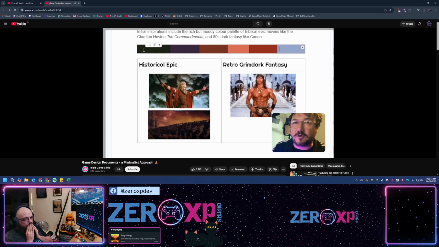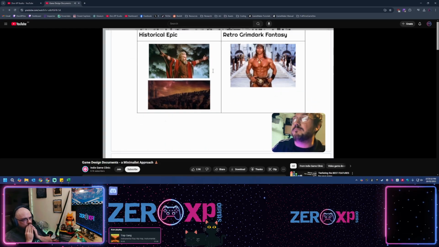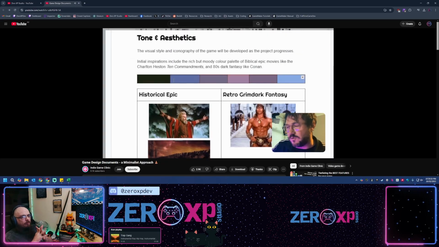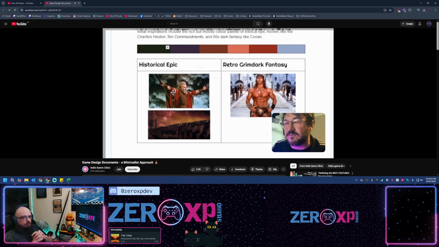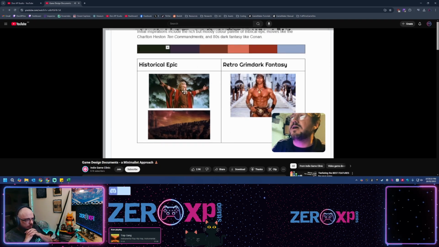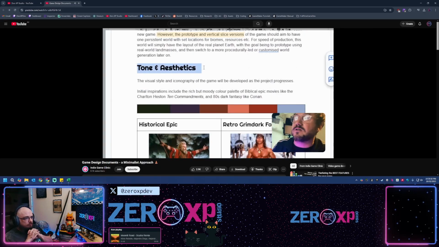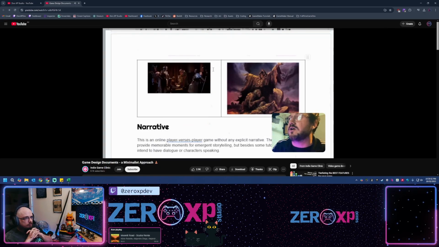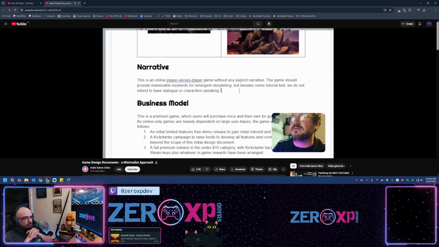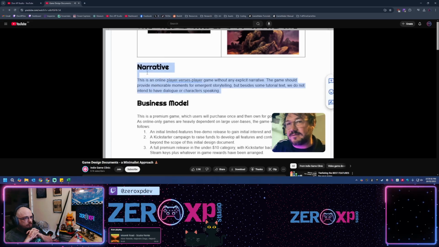So this isn't just a cosmetic thing, and it's not me dictating to the artist, oh, the game has to look like these movies. It's more using them as a reference point to help us generate certain things like what the characters are wearing, what the colors of the backgrounds are, all of that kind of stuff. So there is a reason for doing this, even if it's not explicitly game design.